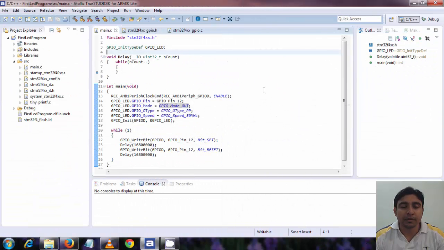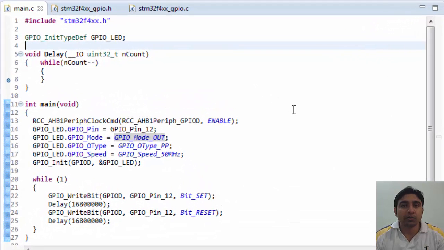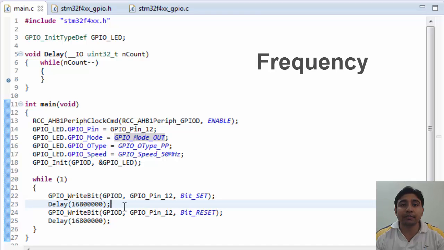Thanks. In the previous tutorial, we learned about the libraries and how we used them in our LED program. Then we changed the LED program to make the LED blink every 1 second. To achieve that, we added a delay to make the LED blink, but to make it exactly 1 second, we used the trial and test approach. Hence, in this tutorial, we will first learn what is meant by the frequency of the microcontroller, and then we will update the LED blinking program.